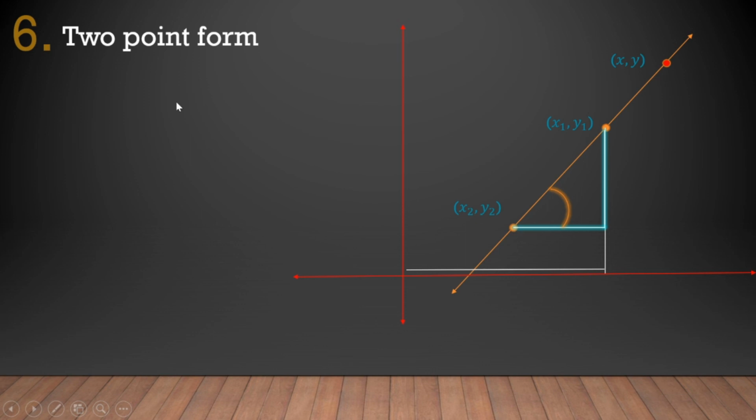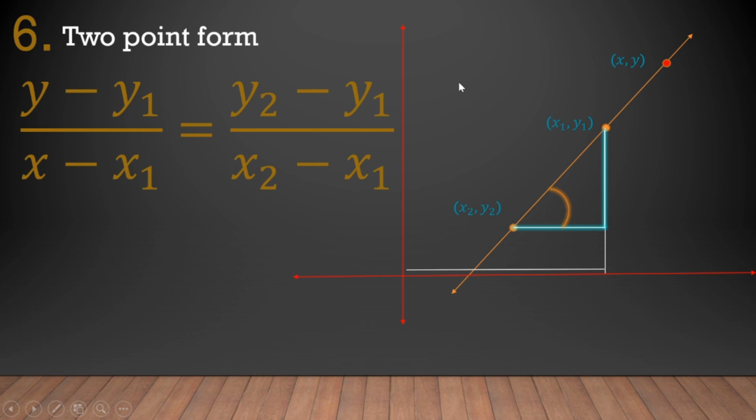So simply here we can say, y minus y1 over x minus x1, means the slope obtained from here should be equal to the slope obtained from this right angle triangle, when this is joined to this, or this is joined to this. Means the slope obtained from this point should equal the slope obtained from this joined to this.